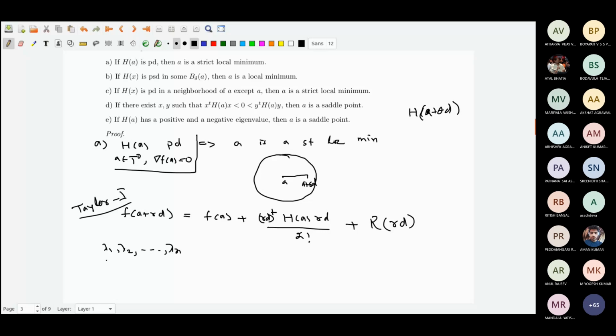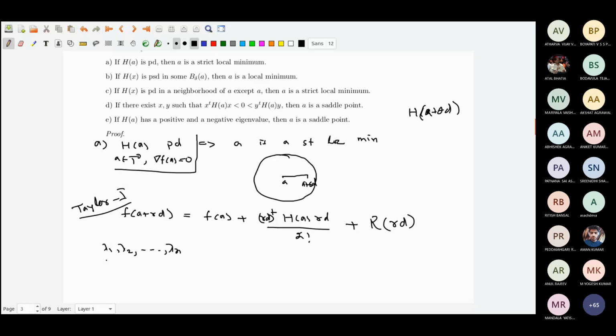And what do I also know? Now I also know that by the spectral theorem, I can choose the corresponding eigenvectors to be orthonormal. That is what we say, unitary diagonalization, unitarily diagonalizable. Because it is real symmetric, instead of a unitary matrix, you can take an orthogonal matrix also. Doesn't matter.